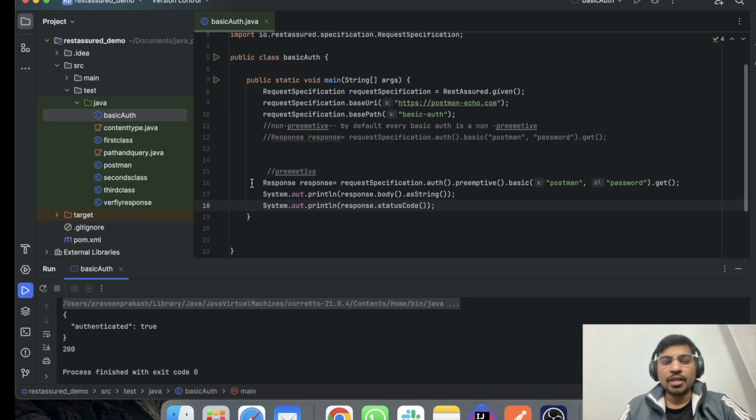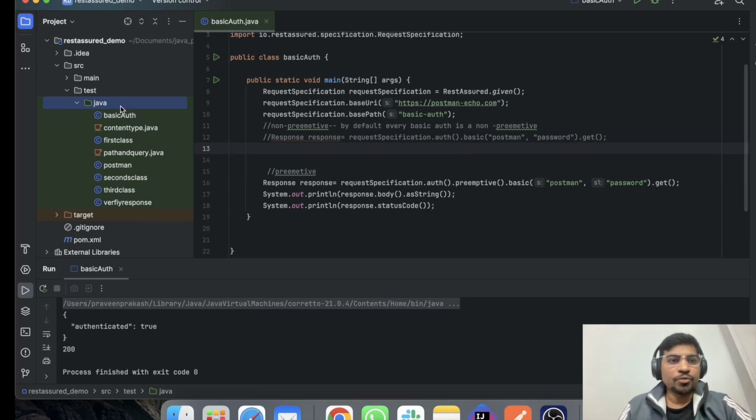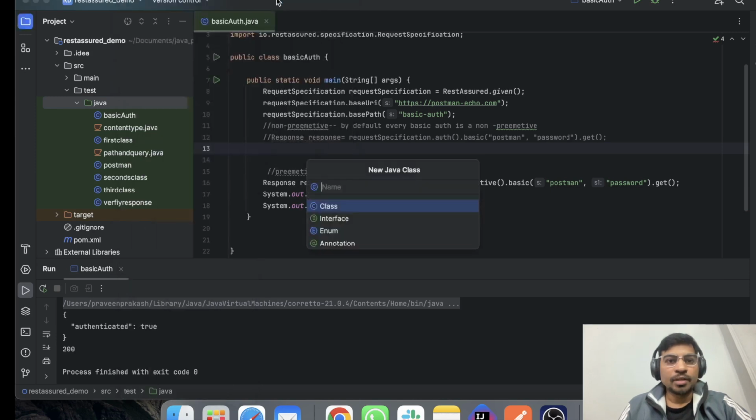So if you are passing all parameters in the first request, you always use preemptive to make it preemptive. Otherwise, by default, every basic authentication is non-preemptive. Okay, so this is the basic auth. And if I want to make it digest also,